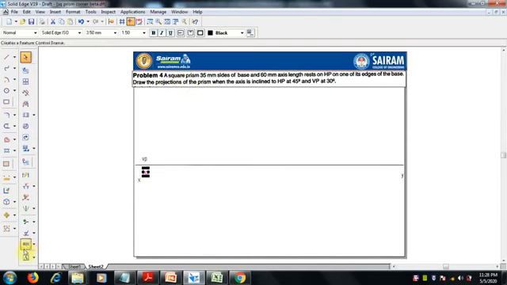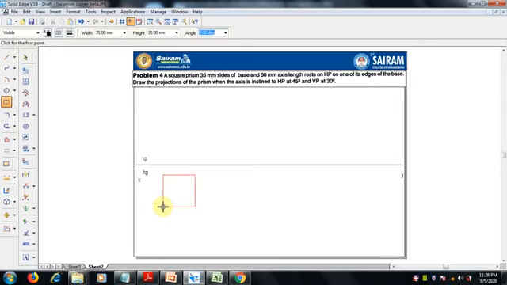Square prism. So drawing the square prism, just select a rectangle and select the thickness of the line 0.5 mm because it's a subject object. So 35 mm width, enter, 35 mm height, enter, and you can directly keep it on HP, near to the reference line, in edge. So this is the edge position, and now we have to draw the front view by selecting 0.13 mm line thickness, draw the projection up to the reference line.